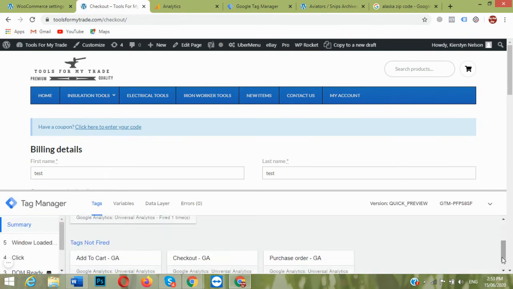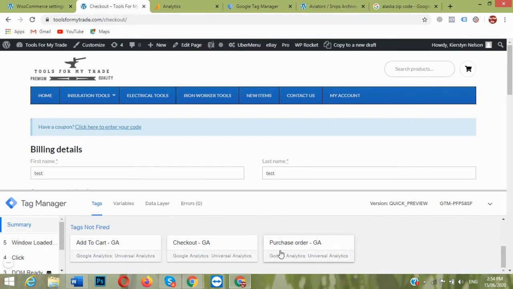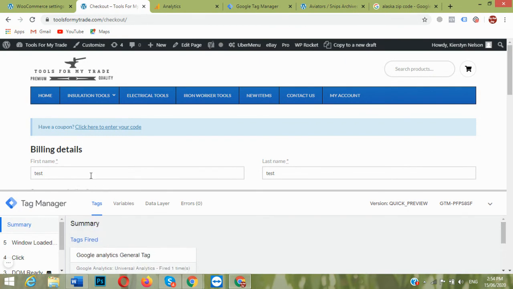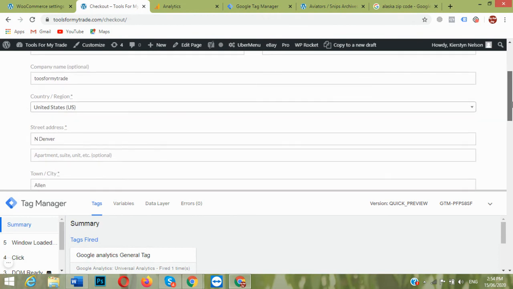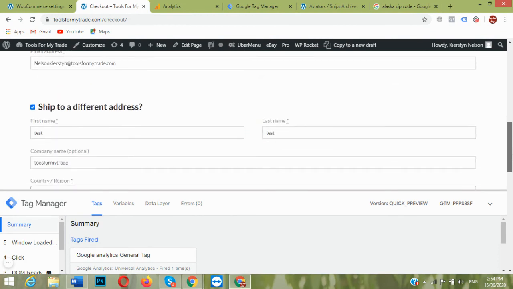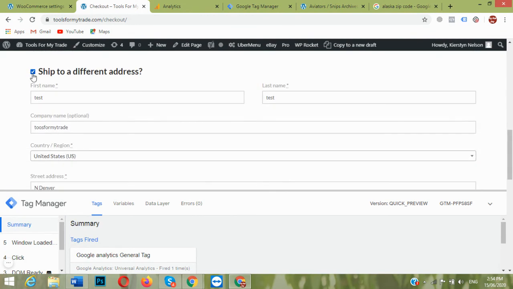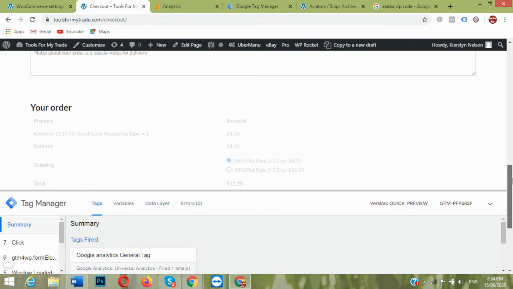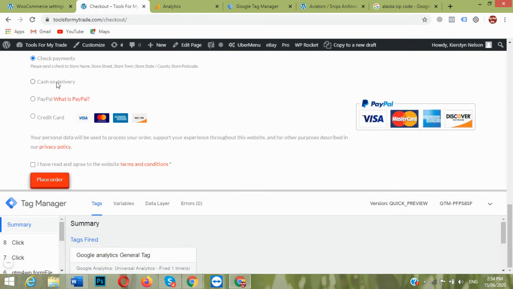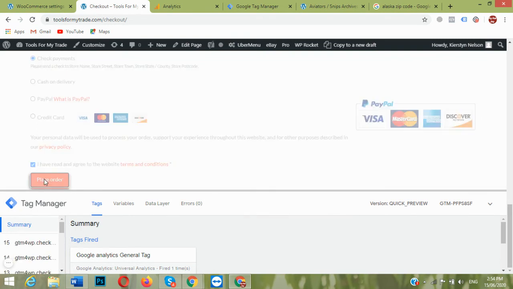We created four tags, one each for place purchase order, checkout and add to cart. Again, testing these data, and our shipping address should be the same. Now check payment and now place the order.